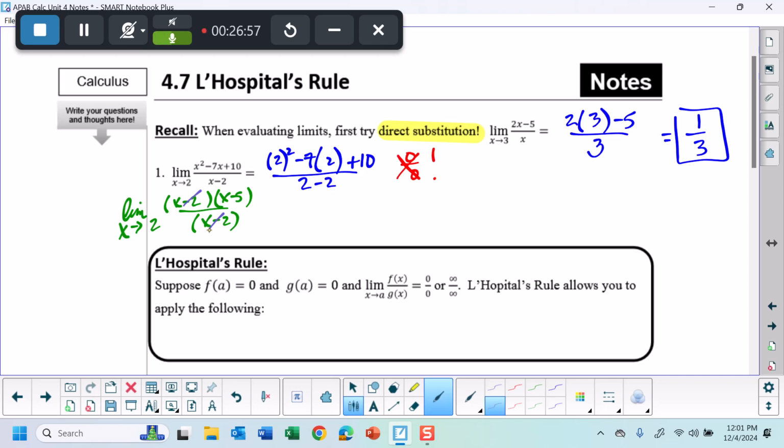And then take that limit and say I'm going to plug in that value and recognize that I wind up with -3 as my limit. And that was super cool